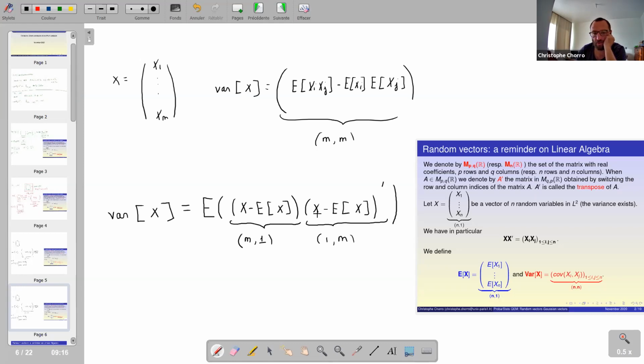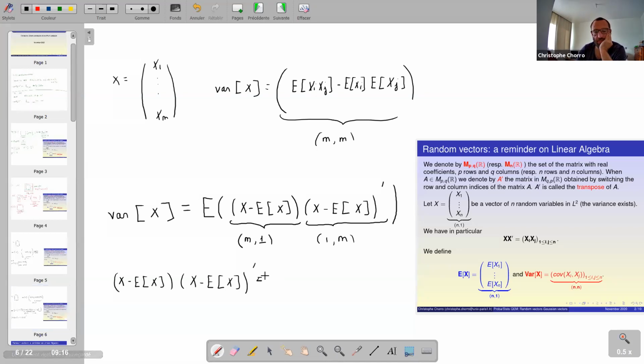When I do the product of two matrices of this type, I obtain, of course, a matrix of size n by n. Then I just have to remark that if I do x minus the expectation of x multiplied by x minus the expectation of x transpose,